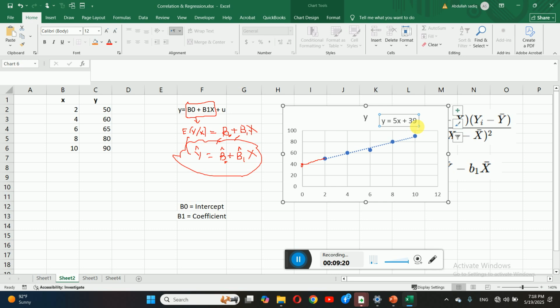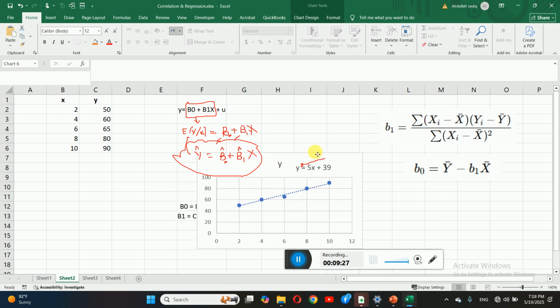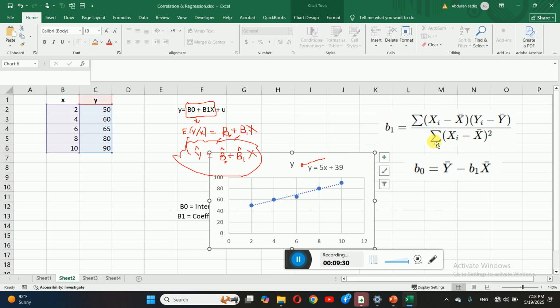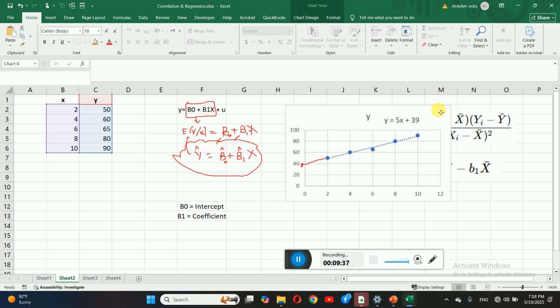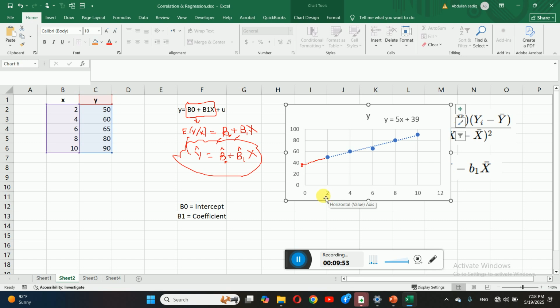So how can you do it simply or manually? For beta naught and beta 1, dear students, we are using two equations, right? And that is simply these two equations we are using. This is for beta 1 and this is for beta naught. But before this, dear students, what is the expected value of y given x? It means whenever we are predicting the y hat, this y hat is actually predicting the population conditional mean of y. So for example, this 2, this is x. When the x is 2,